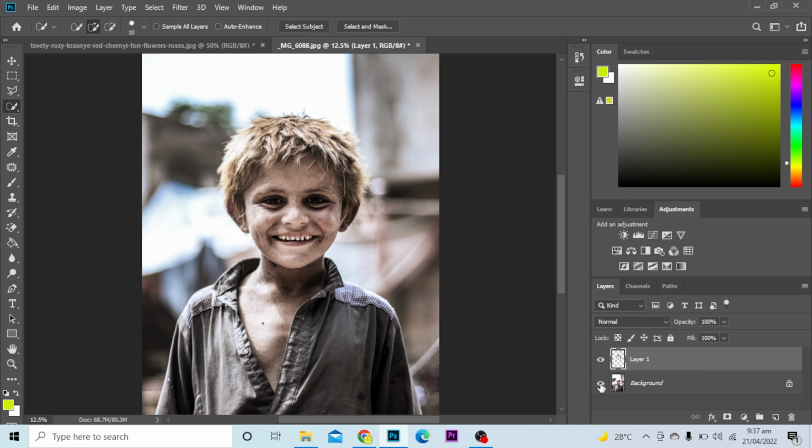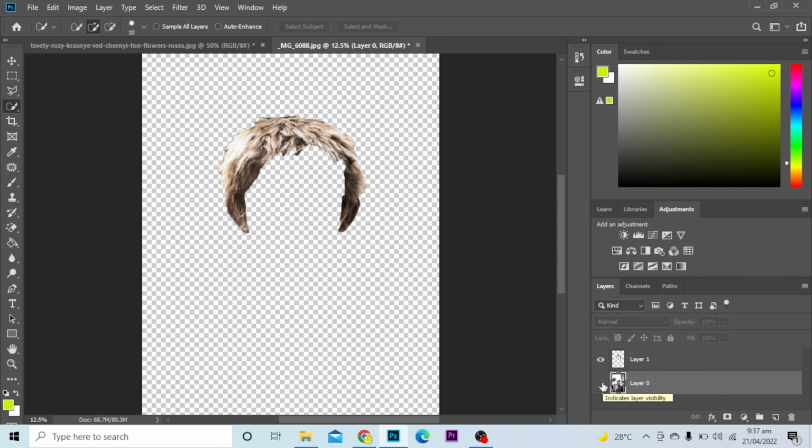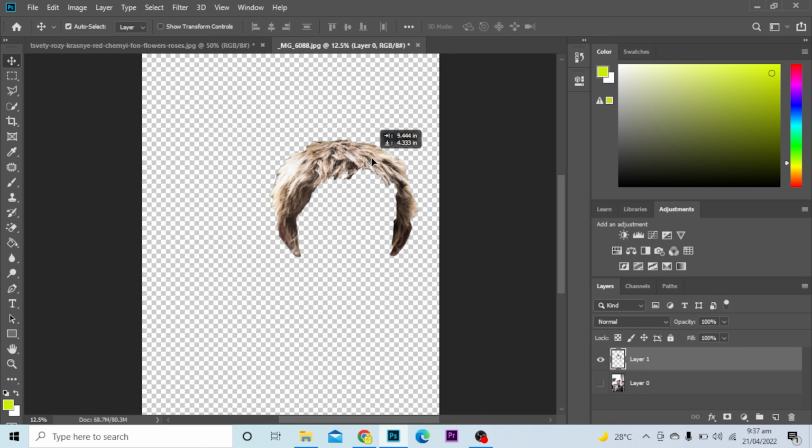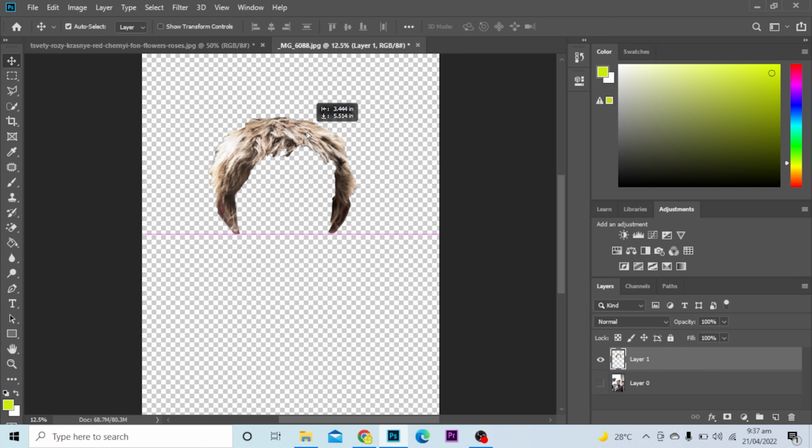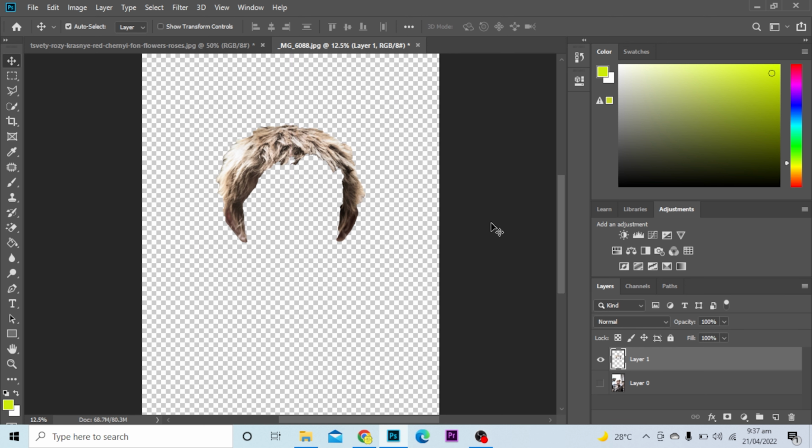these have been selected. Now if I go here and turn this off and click this, you can see that only the hair is selected. Now I can put these hairs anywhere I want. You can use any character or any other picture. So this is how you can cut hair in